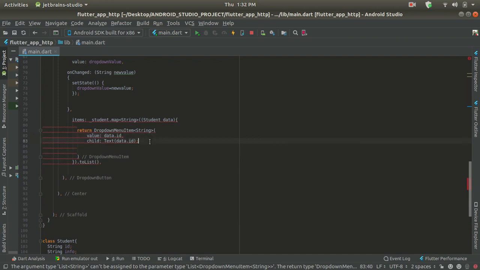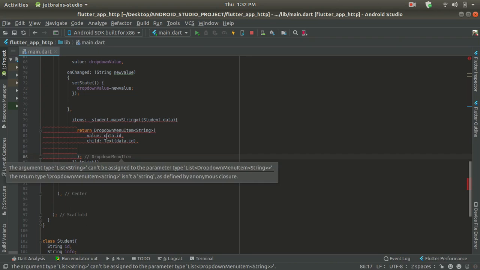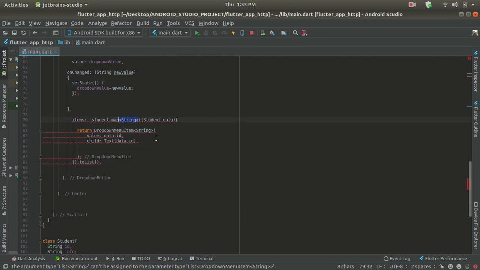And to resolve this error, just remove this part and at last add a colon over here. Now let's see what kind of error it is giving here. The argument type List<String> can't be assigned to a parameter of type. Why is it still giving this error? Let's just resolve this part first of all. Now here it's giving an error that the resolving is not a list. Then just remove this part from here, because it's not returning any string, it's just giving a value to our id.